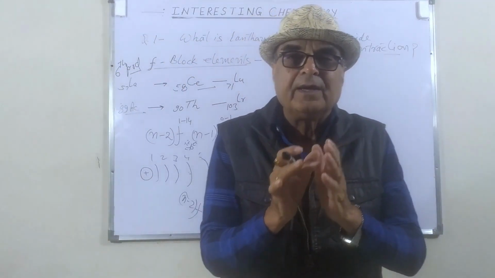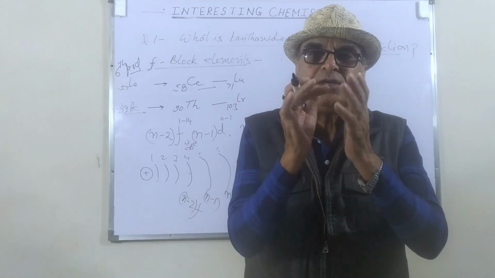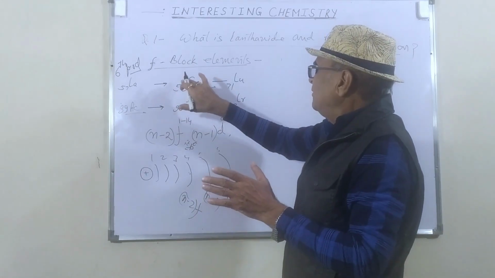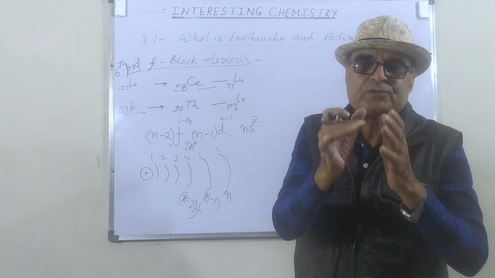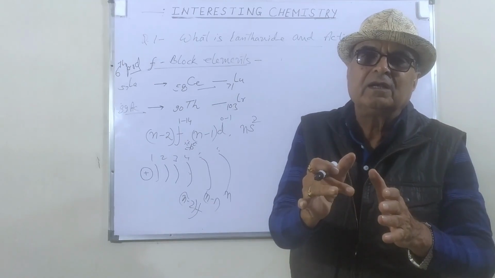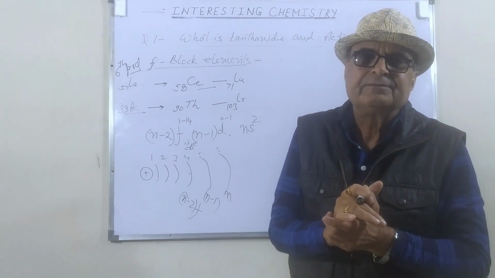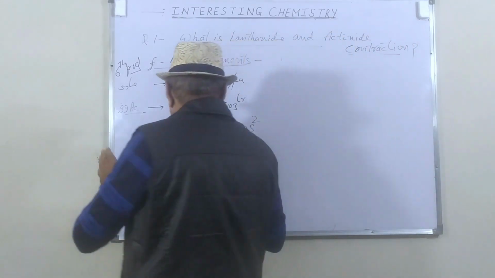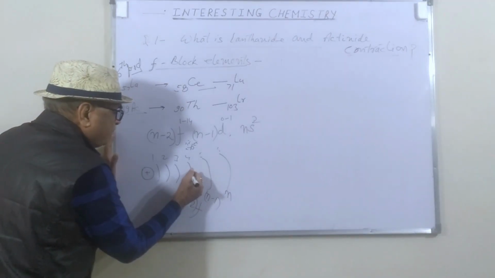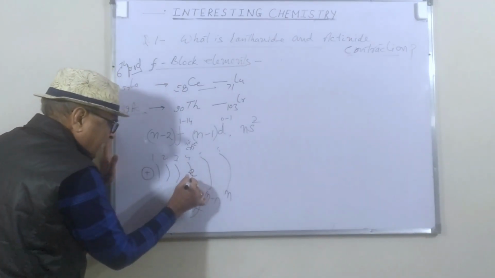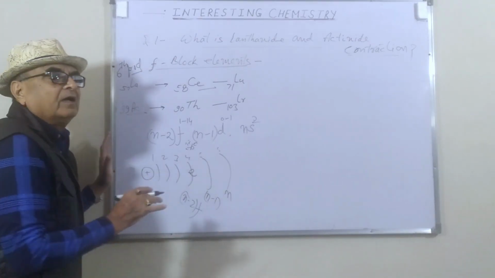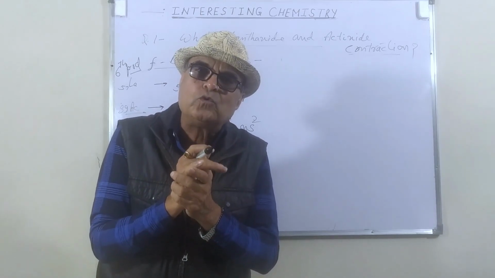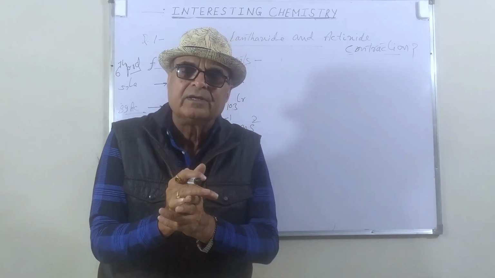So in lanthanides, the filling of the (n-2)f orbital starts from the 58th element. The newly entering electron will occupy its place in the 4th shell. As the filling of the (n-2)f starts,